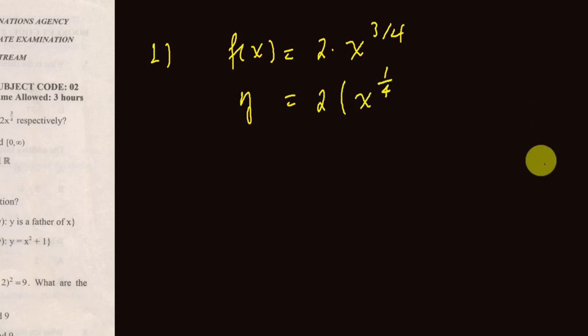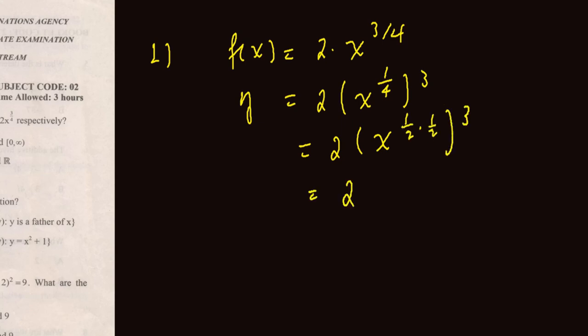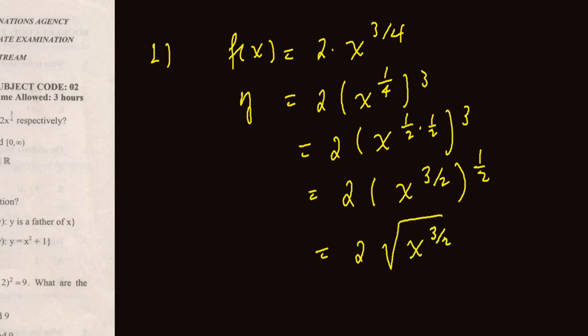ዶሜኑና ሬንጁን ፈልጉ ነው የሚለው። ጥያቄው ስኩዌር ሩት ፈንክሽን ነው የተሰጠን f of x is equals to 2 times x the power of 3 over 4 ነው የሚለው። so this is 2 times x the power of 1 over 4 the power of 3 ማለት ነው። you can write it this one as 2 times x the power of 1 over 4, 1 over 2 times 1 over 2 ስለሆነ እንዴት እንጽፈዋለን? x the power of 3 over 2 the power of 1 over 2 አድርገን እንጽፈዋለን and this will be equal to square root of x the power of 3 over 2 ማለት ነው። so this is a square root function ማለት ነው።